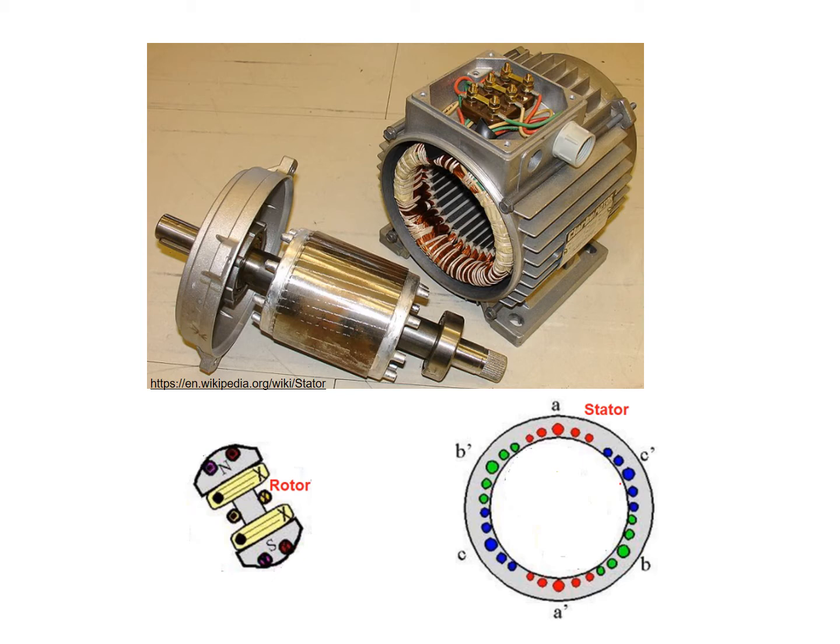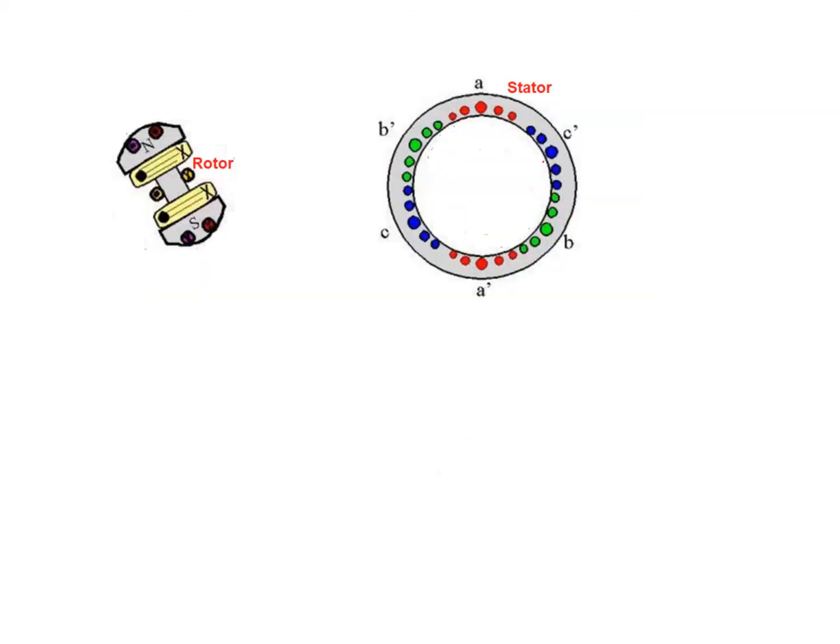And this is the actual diagram of one of the machines, a kind of machines. So this is stator and this is rotor. Now I have separated the diagram that I had borrowed. So this is now the stator part and this is the rotor part. And so we are here.